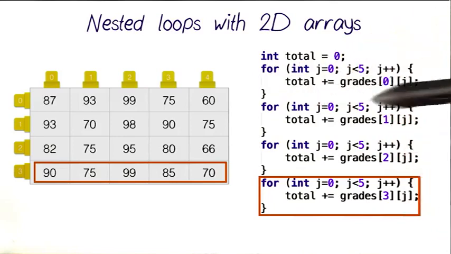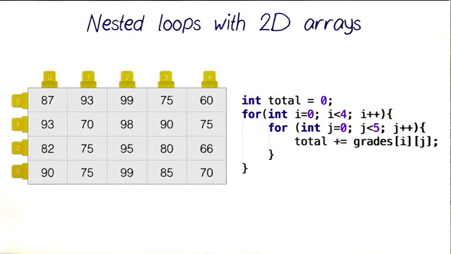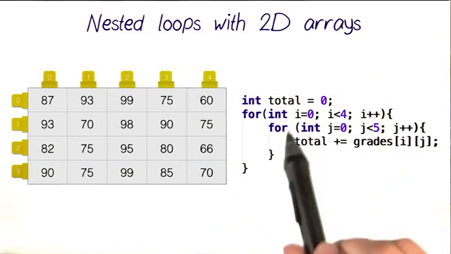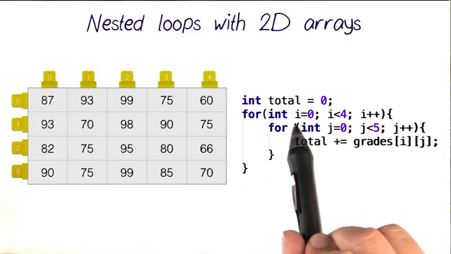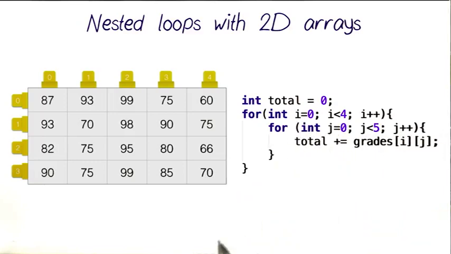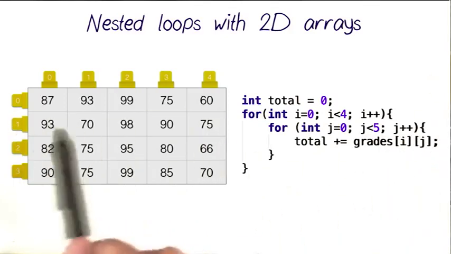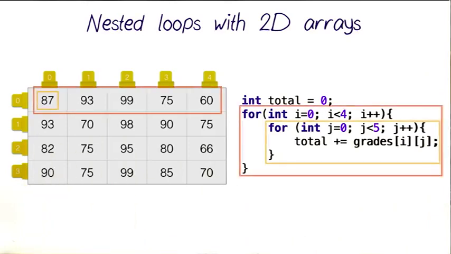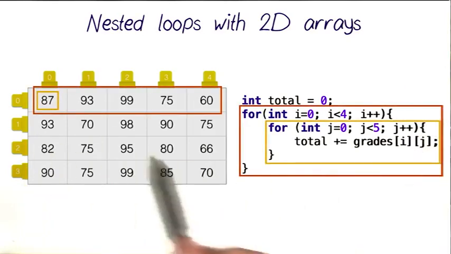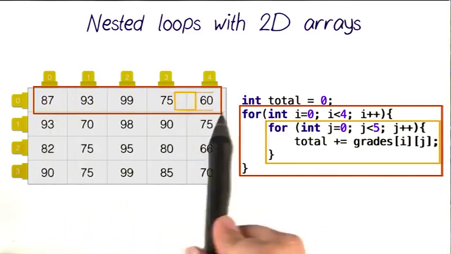If we surround one of those loops with another loop and use its loop counter instead of this index, it would do the exact same thing that this code is doing. So if we replace this code with something that looks like this, where we have this nested loop configuration here, one that uses the loop counter i and the other that uses the loop counter j. And if we try to access grades of i and j, this would eventually add all the items in the two-dimensional array. So running this code, the inner loop would go through every single item in a row, and then